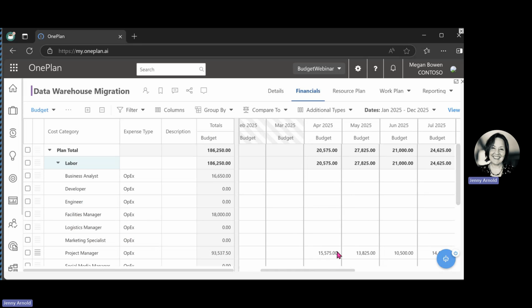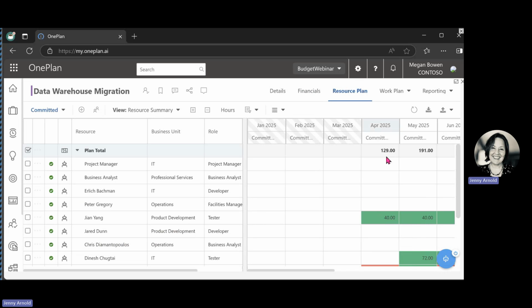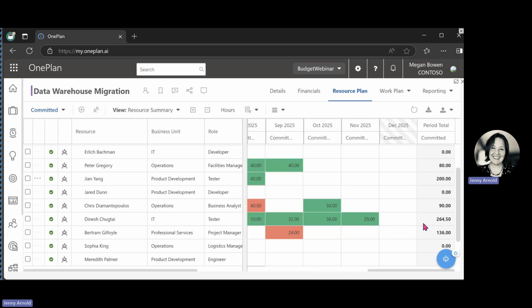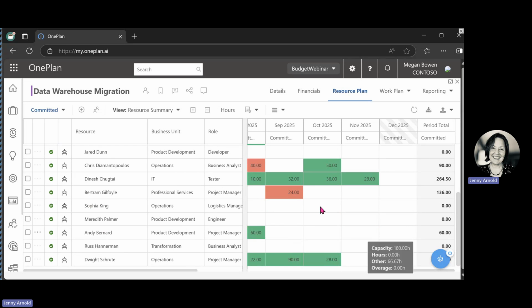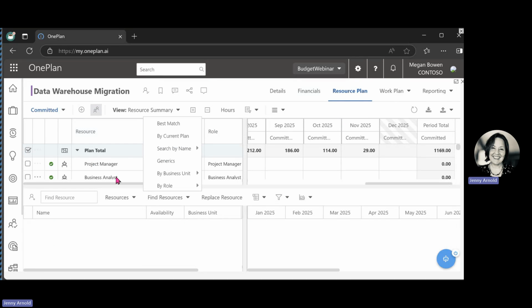You set up those rate codes, you track how many hours you need for each resource in the resource plan. You can see these are showing 40 hours for the month of April, for the month of May for this particular resource. We've got some project manager time here as well. Let's see if we can find another one that is a generic resource. All of these look like they're named resources on this particular plan. And if you want to track these or add additional resources, we could replace the project manager. If I select this up here,